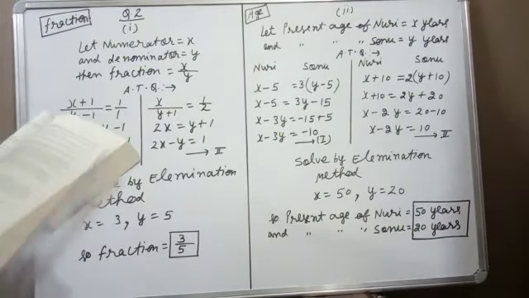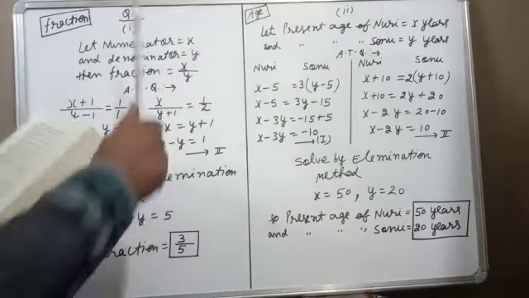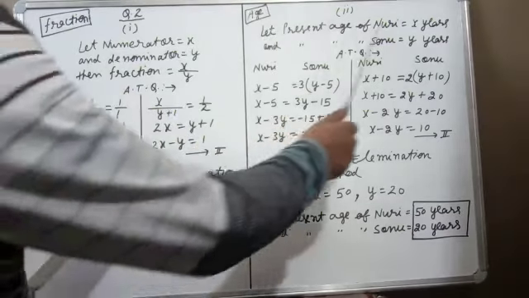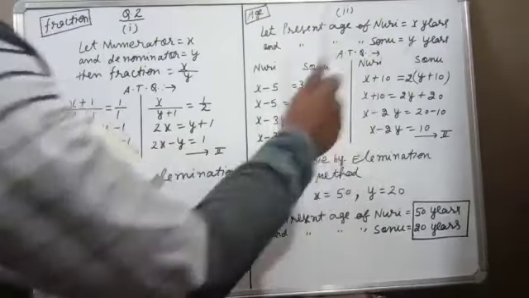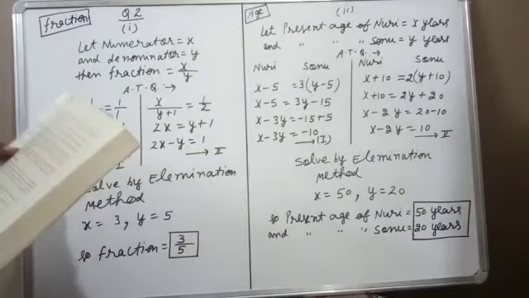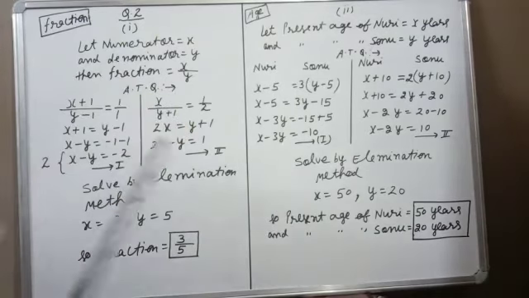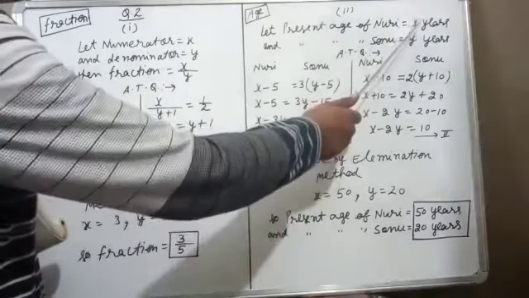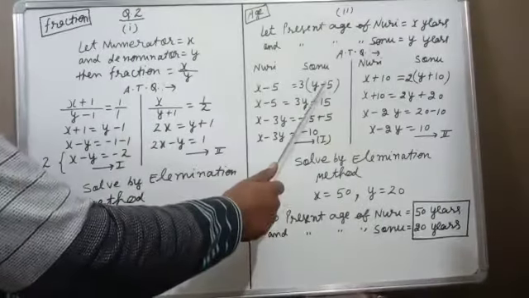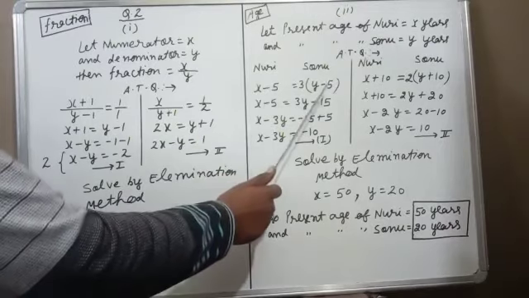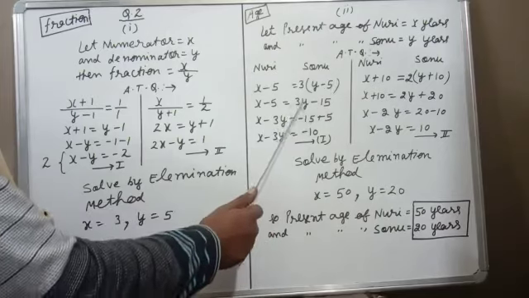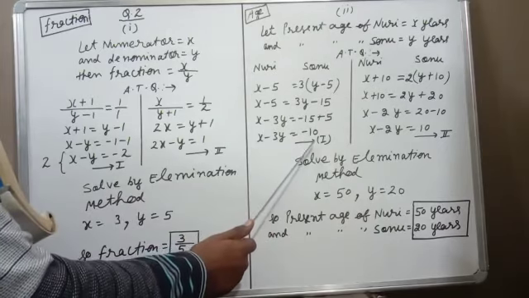Now second part, again this part is of age. So last line first we will read, how old are Nouri and Sonu? So let present age of Nouri x years, present age of Sonu y years. Then according to question, here we will write Nouri, here Sonu. Then we will read the question from starting. 5 year ago, ago means minus. So Nouri age is x, 5 year ago x minus 5. Age of Sonu y, 5 year ago y minus 5. Now this age is 3 times, so we will multiply this by 3. This will remain as it is, 3y, then minus 15. Shift x and y on left, constant on right. This is equation number first.